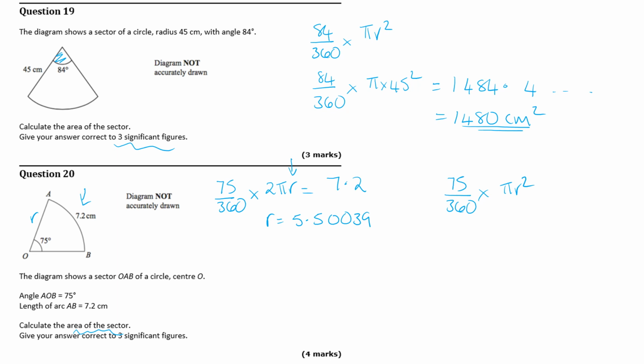Leaving that r on our calculators, we can just square it and times it by pi, times it by 75 and divide by 360. The area is 19.8